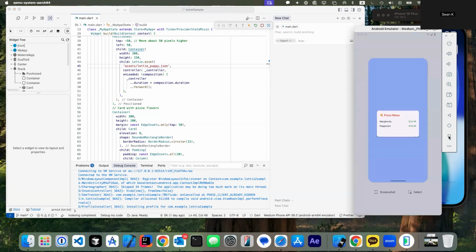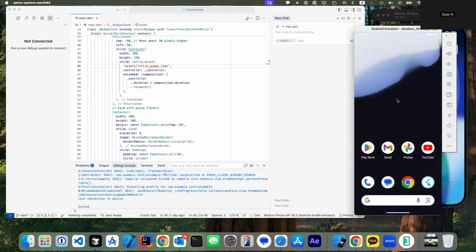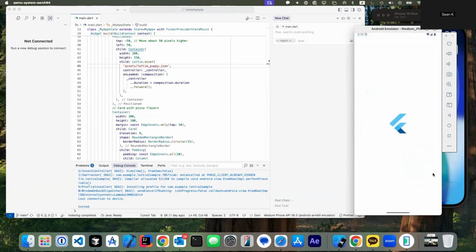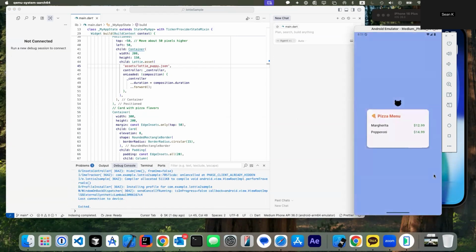So I'm going to end the app here and just rerun the app from scratch. You can see how there's an animation here, and then it moves down behind this card. I would have to spend a little bit more effort in making a much more detailed animation